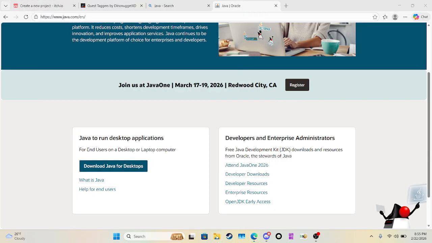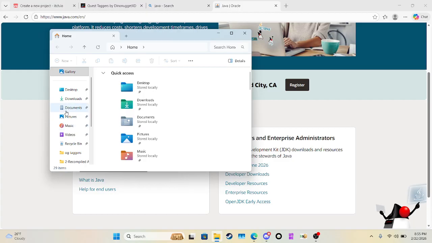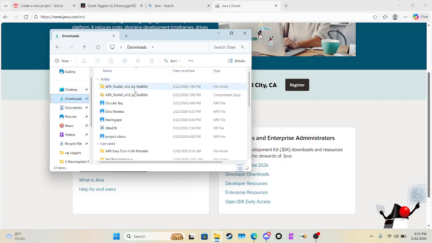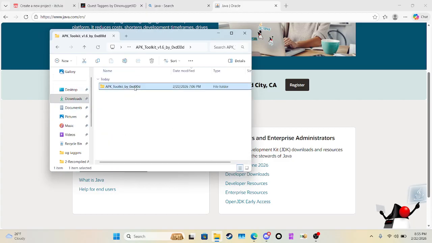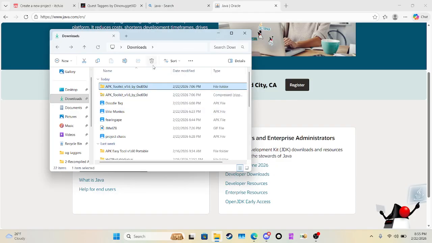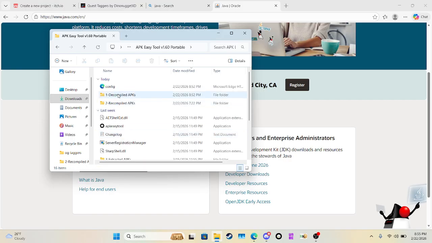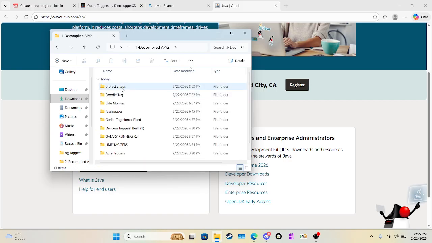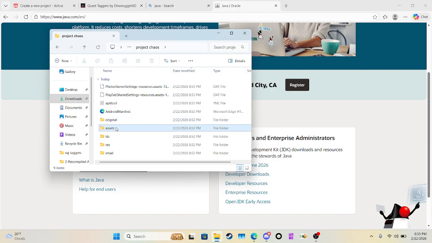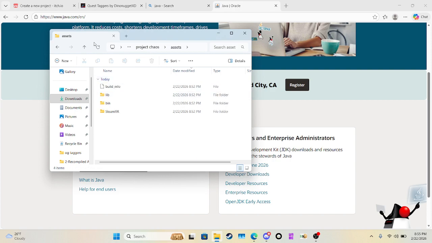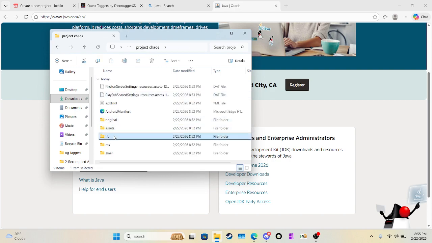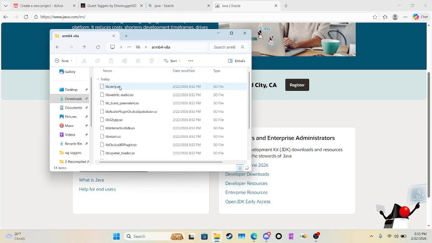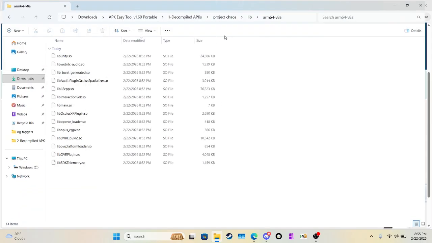But what you want to do is go over to your files, downloads, APK toolkit, APK tool. No, not APK toolkit. Goodness, bro, I gotta delete this because I keep getting distracted. APK Easy Tool, decompiled APKs. Find the APK that you want to do. Assets. Oh wait, no, not assets, lib, ARM64, and then you want to open this full page,